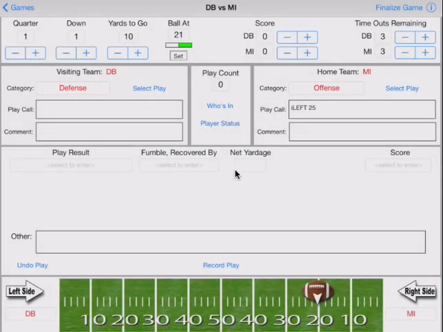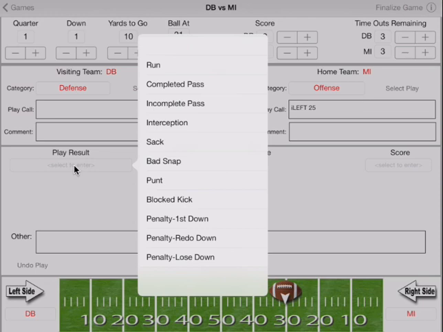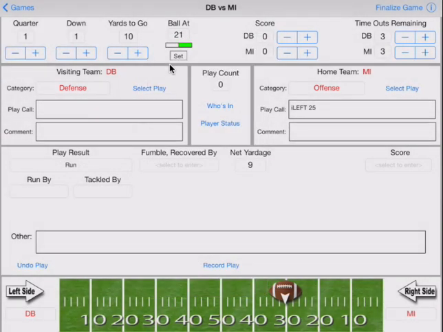Okay, and then the play occurs, and what you do is drag the ball down here along the field, and that shows your net yardage of the play up here in this box. And then you can also tap the play result to get a list of what type of play this was. So if this was a run play, then it